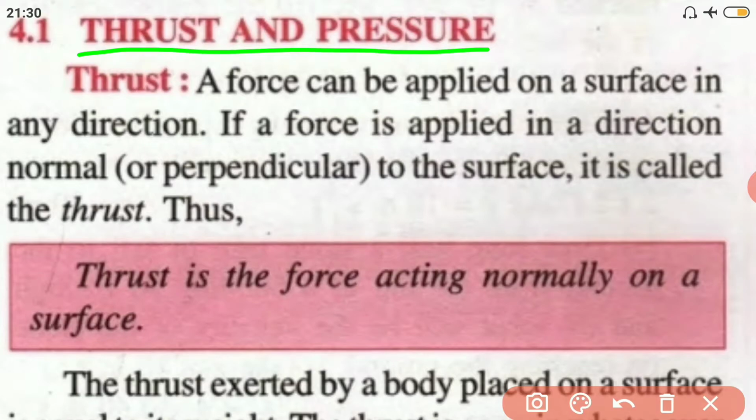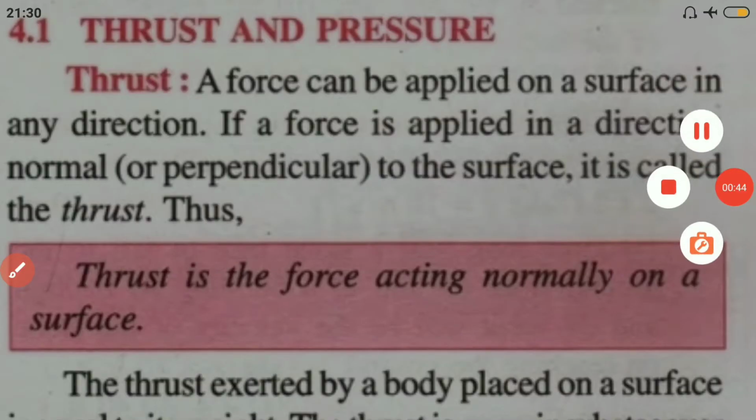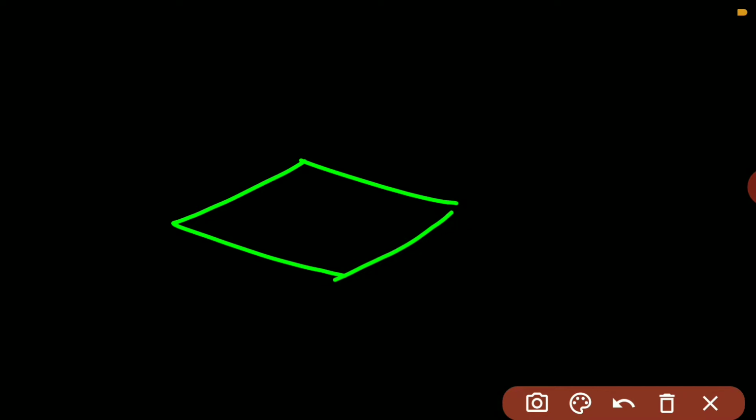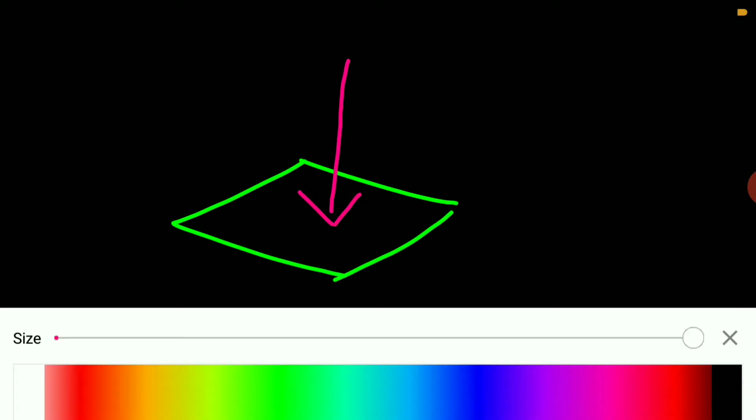Thrust. A force can be applied on a surface in any direction, right? A force applied in a direction normal or perpendicular to the surface is called the thrust. Thus, thrust is the force acting normally on a surface. Let me try to explain this. Suppose we have a surface here, right? And we apply a force which makes 90 degrees with the surface,